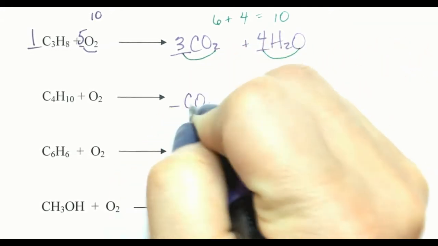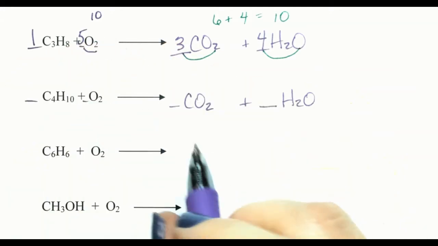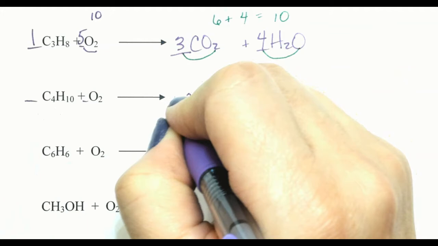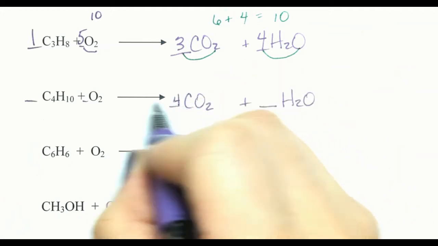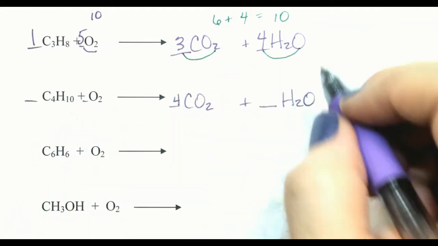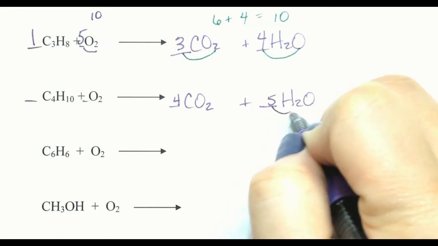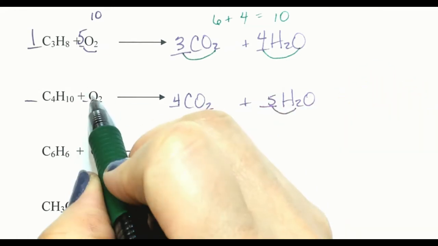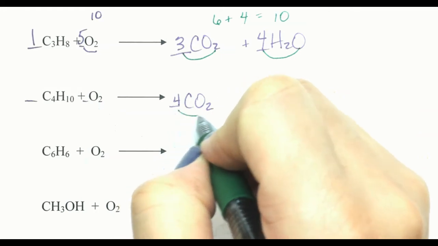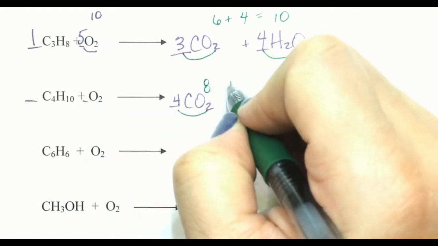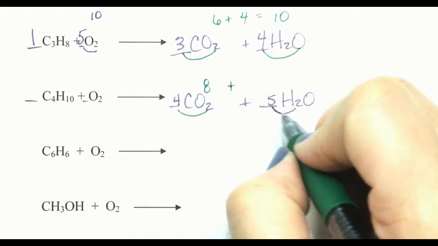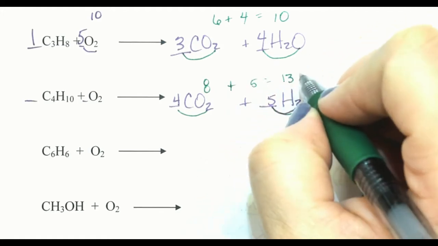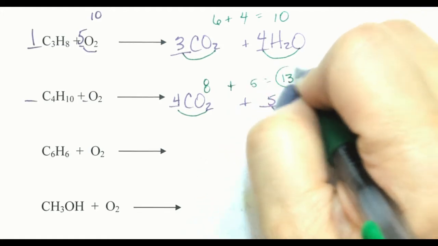We're going to put our blanks for our coefficients. And now let's balance it. 4 carbons on the left, 4 carbons on the right. 10 hydrogens on the left, so 5 times 2 will give me 10 hydrogens on the right. 2 oxygens on the left. 4 times 2 is 8 plus 5 is going to equal 13 oxygens, and this is an odd number,